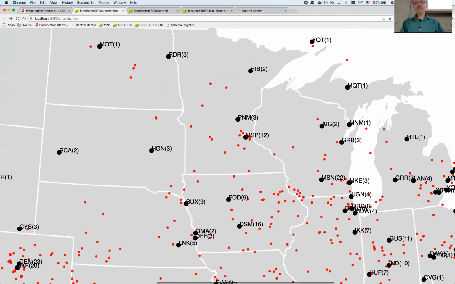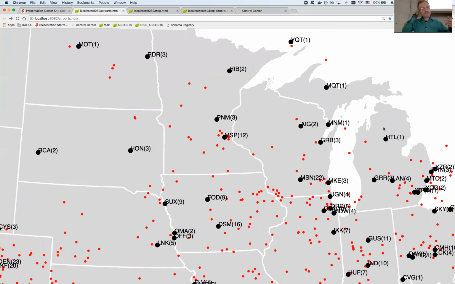And according to the data that I pulled in this afternoon, Minneapolis has 12 red planes closer to it than any other airport. So that's going to be the basis of my talk in demonstrating how I achieve that through streams and through KSQL. This one, I was successful in writing both as a Kafka stream and as KSQL.